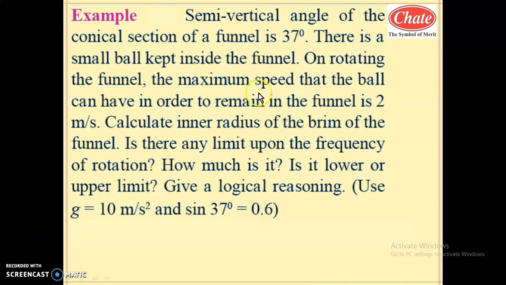Student, for this question, let us try to draw the diagram and analyze the situation. Can you think over this question? We will see the solution of this in the next part. So student, you read this question again and again and try to draw the diagram. If you can draw the diagram and think over this question, it will be a good sign of understanding the physics. No doubt we will study the solution of this in the next part.